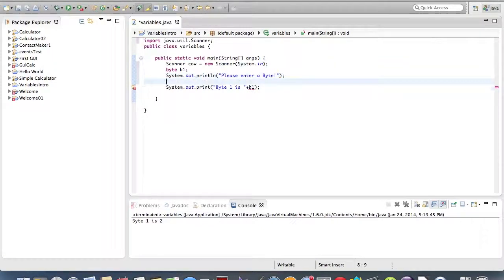Now to let it use this, we're going to type in what we want it to use. If we had an int called I1, we would type in I1, but we don't. So we're just going to type in B1 equals